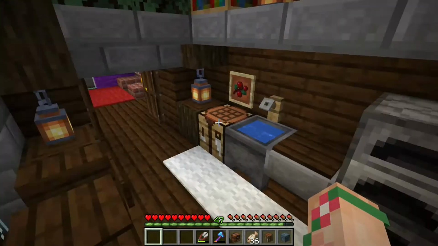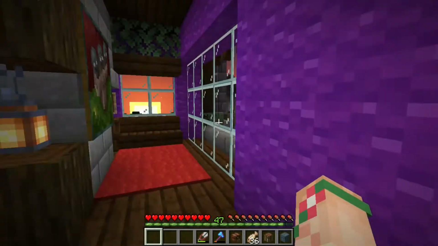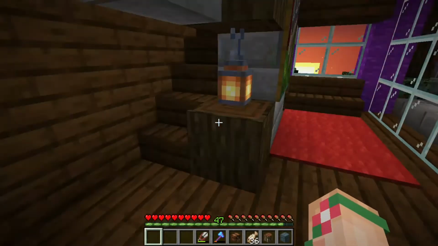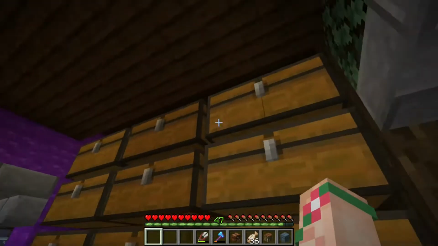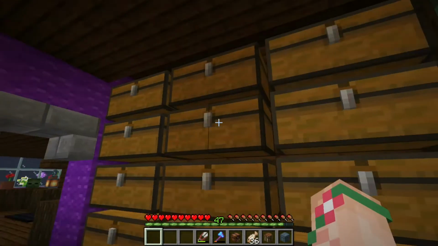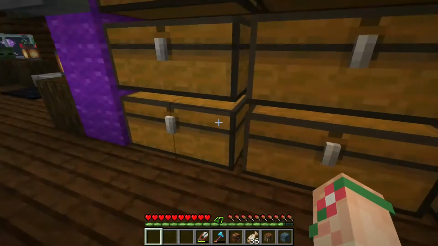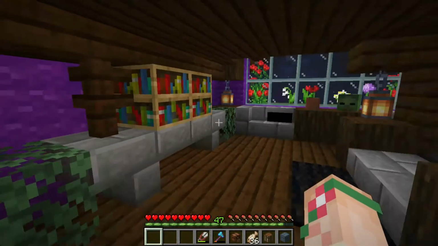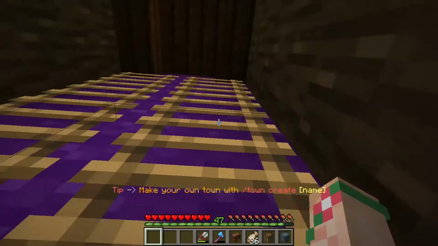So I have the kitchen area, a little seating area. Gonna go up here. This is what the book nook is probably gonna look like for the other one as well. Moving upstairs, this is how I incorporated the chest room in this apartment. It's not the prettiest, but it works, and there's a lot of space there. Pretty decent for an apartment, I would say. This is the bedroom. Another kind of like hidden bed. If you go up here,